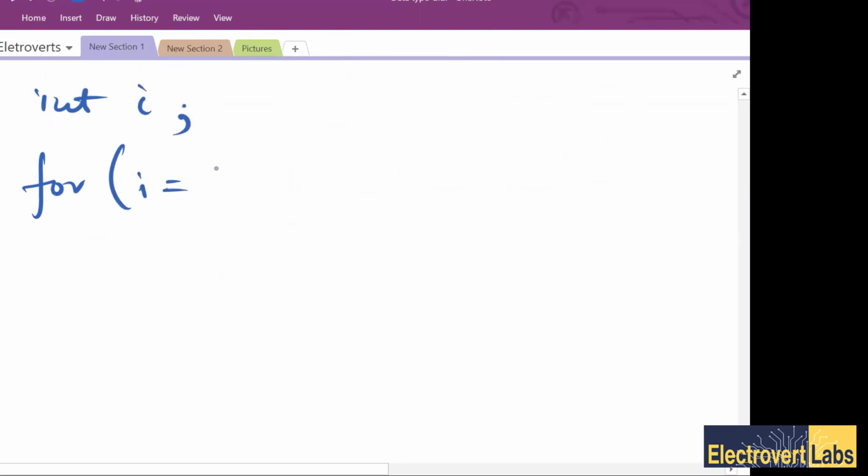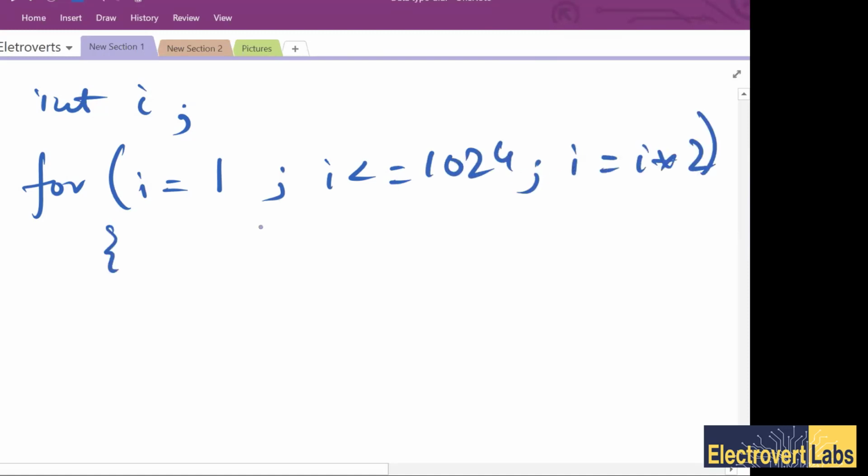For i equals 1. That is one way of doing it. It is actually a good way, so I'll show it that way only. So what happens first? i equals 1, so we need to print it. So we printf